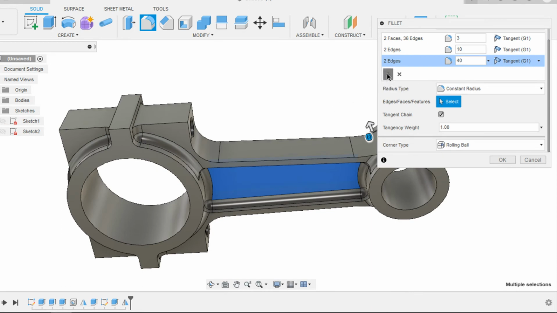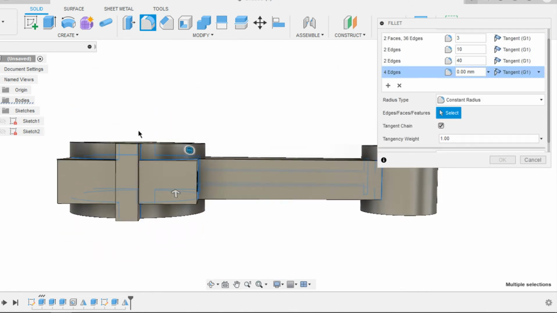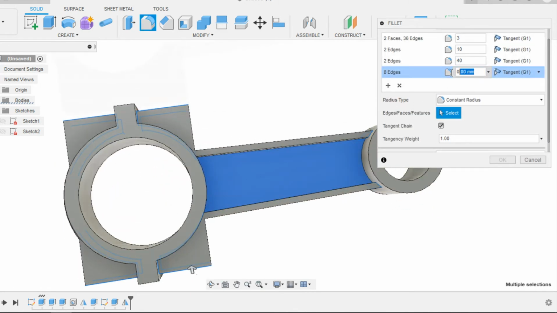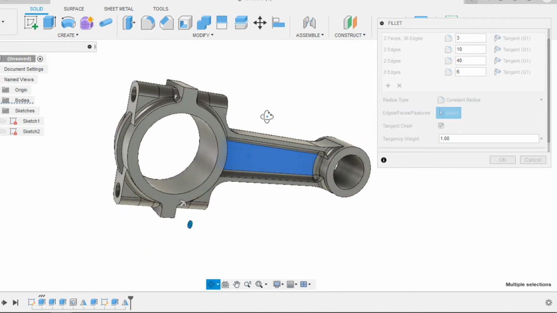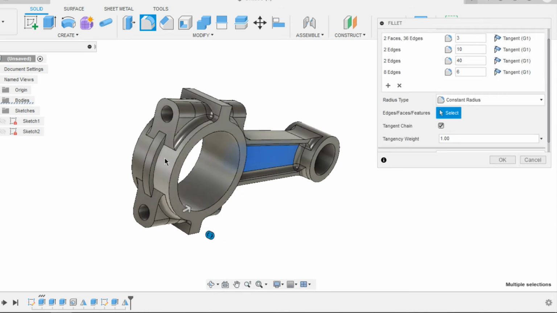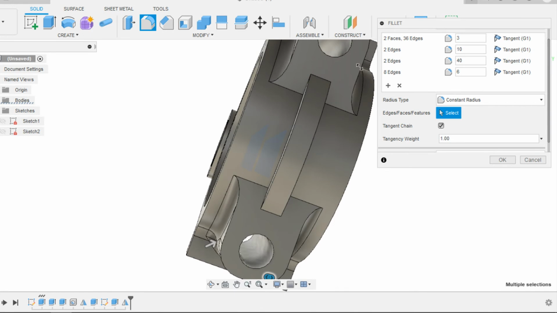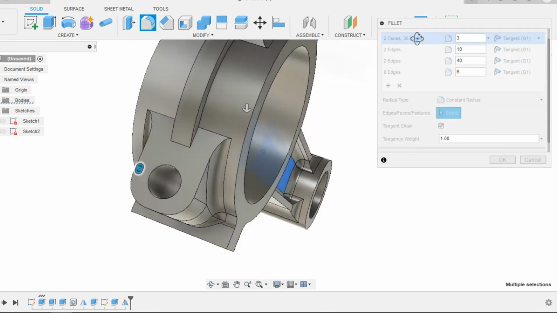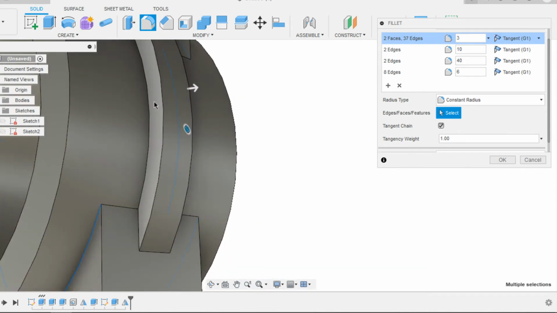And I want to create one more selection and select these four in here and four more on the opposite side, and fillet radius be 6 mm. Perfect. We forgot to select these two entities in here under 3 mm radius. I'm just gonna select that, hold Ctrl down on the keyboard, grab these edges.